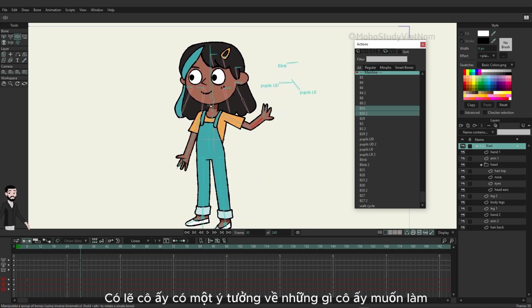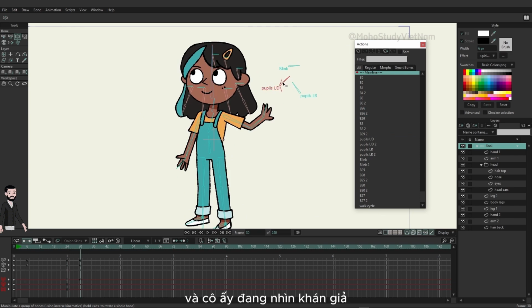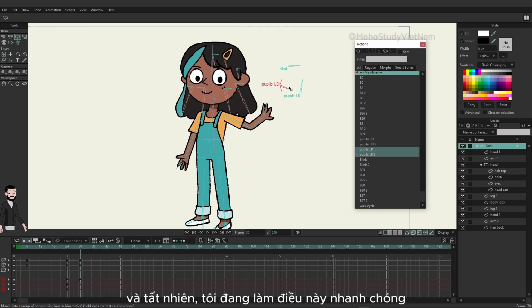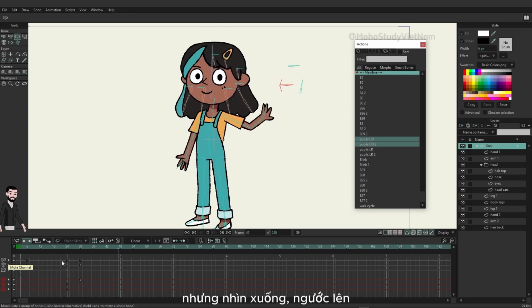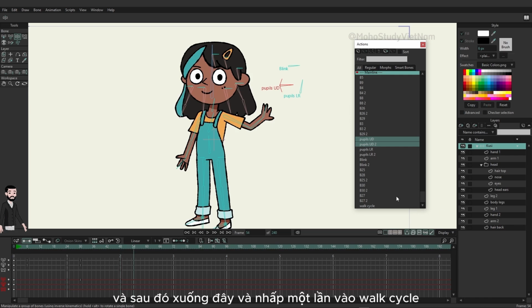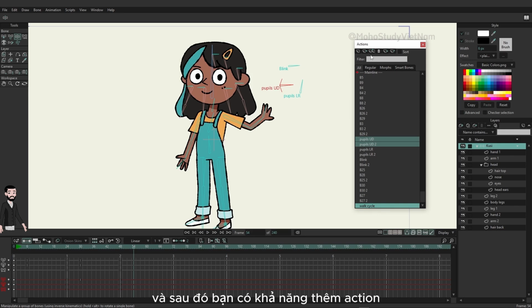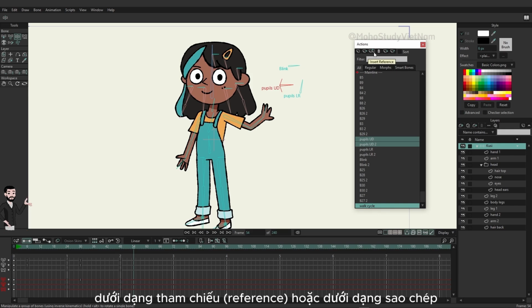Maybe she has an idea as to what she wants to do, and she's looking at the audience. And of course, I'm kind of just doing this quick, but looking down, looks up, and then maybe on frame 48, you want to start the walk cycle. So I'm going to add some keys on 48, and then let's just go to 54, and then come down here and click once on walk cycle, and then you have the ability to add the action as a reference